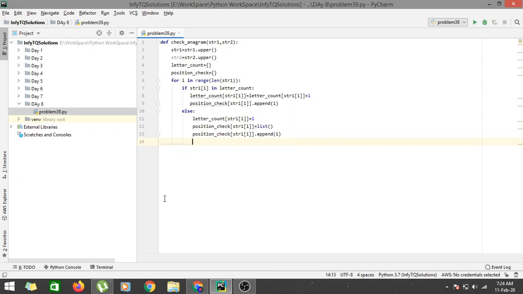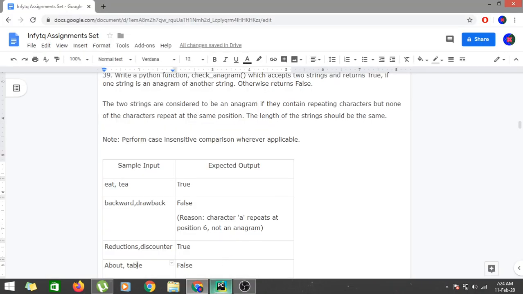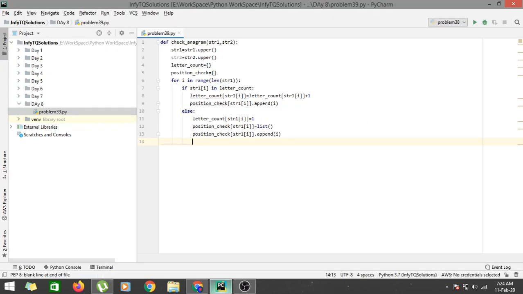Also, the second check that we must apply is that if the letter is present in the same position as in str1, we must return false. So let's iterate for our second string, for i in range, len of str2. So now we are going letter by letter for the second string. If str2 of i, or the letter, is present in letter_count,